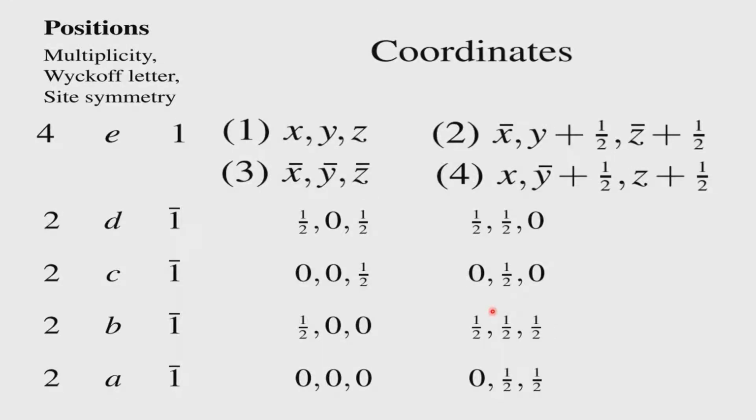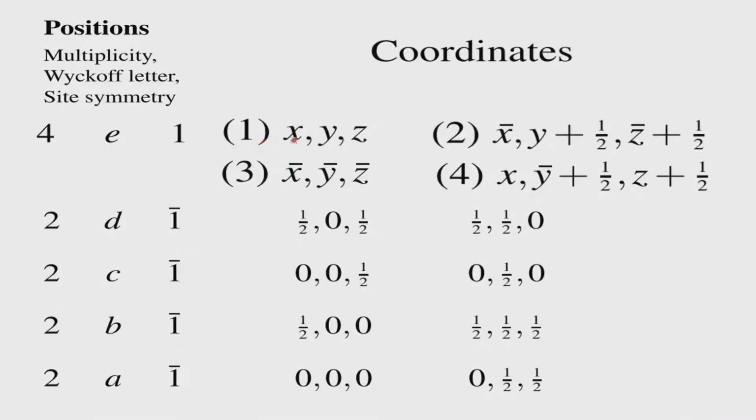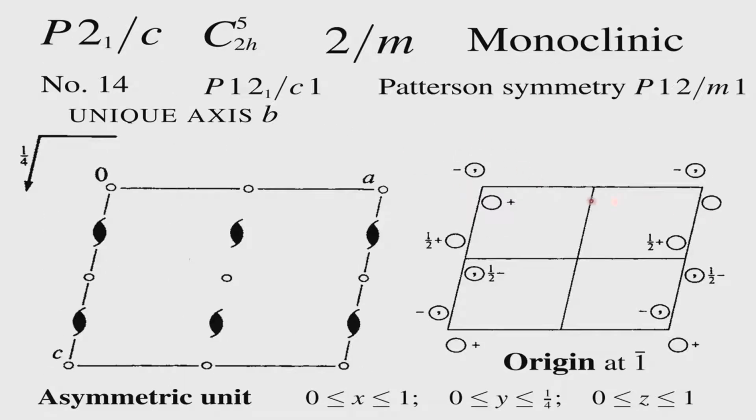Anyhow, so now these are the equivalent points. We get 4 equivalent points written as 1, 2, 3 and 4. These 1, 2, 3, 4 go to the references here. In fact, it is not marked here, but we can mark 1, 2, 3, 4. Given 1, 2, 3, 4, I would suggest that you mark the 1, 2, 3, 4 positions in the projection given here, which is 1, which is 2, which is 3, which is 4. For example, this is 1 and this is 4. So, the clue is already given, you mark which is 2, which is 3.